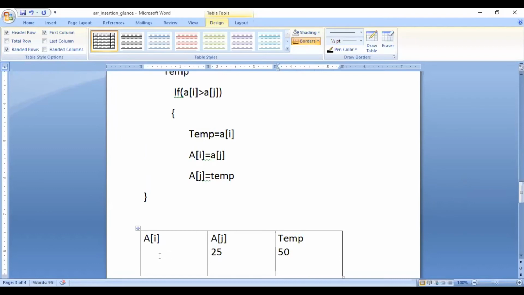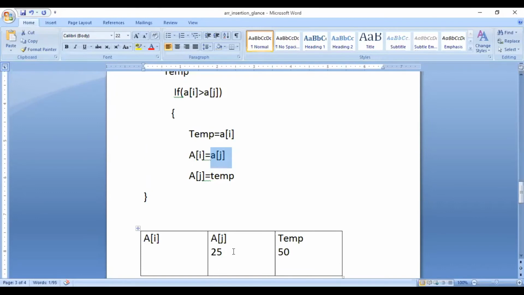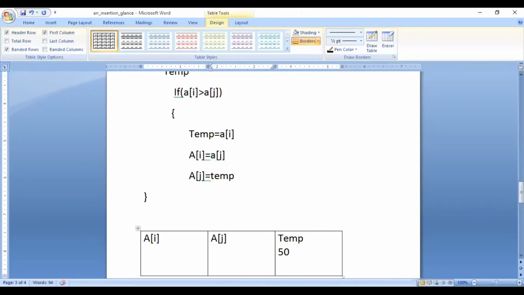Now a of i is empty. Execute the second statement: a of i equal to a of j. So the value of a of j is transferred to a of i. So 25 will be transferred to a of i, and here a of i will be 25.